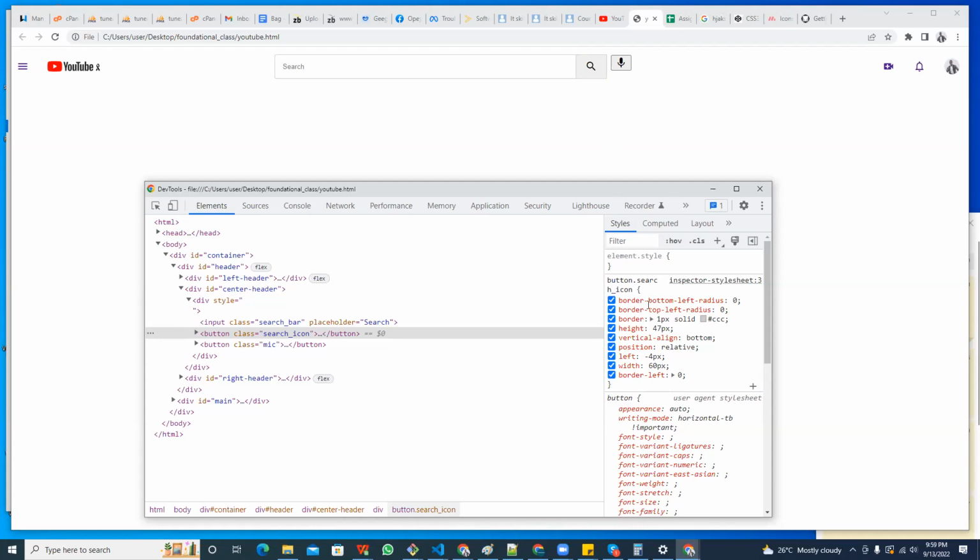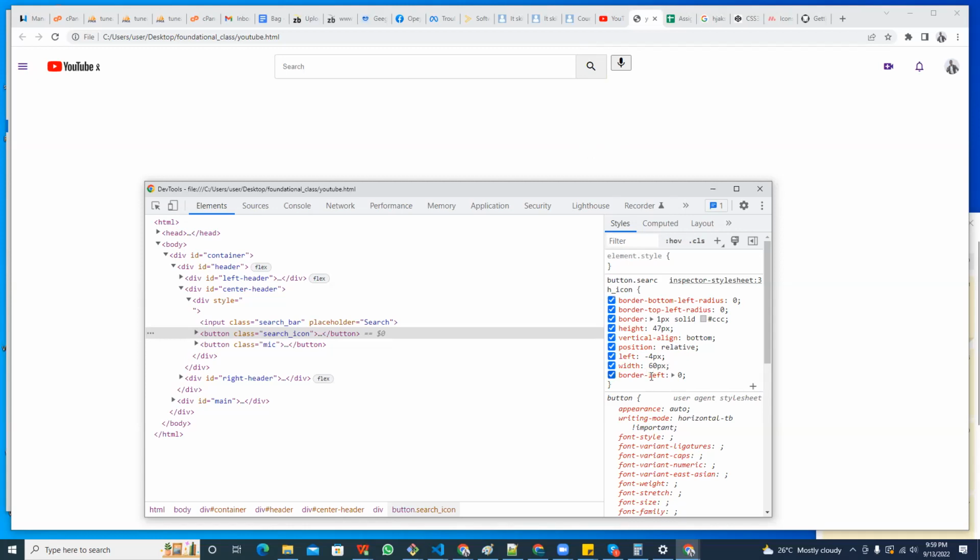The height is 47. The vertical align is bottom so that you can lock to the base. You can see initially it was vertically aligned to the top. So that was why it was growing and it was not matching. So I had to force the alignment vertically to the bottom. Position relative, so that you can lock together on the mount there. I shifted it to the left with the position relative, and then the width was 60 pixel, and then